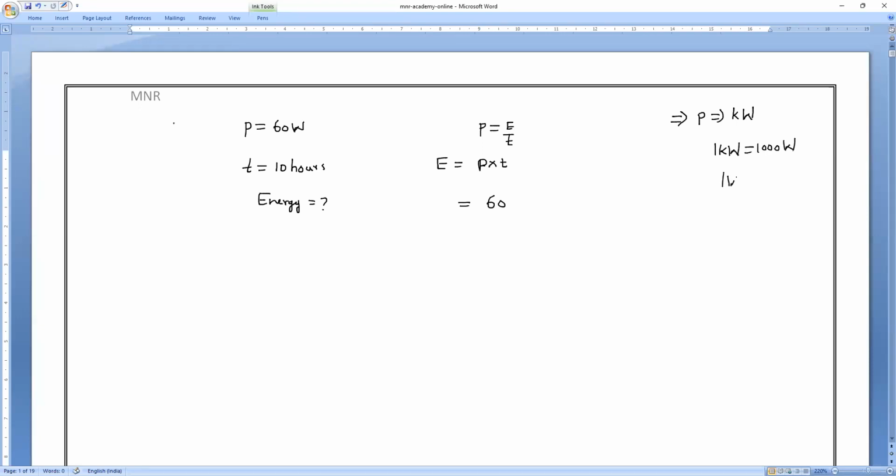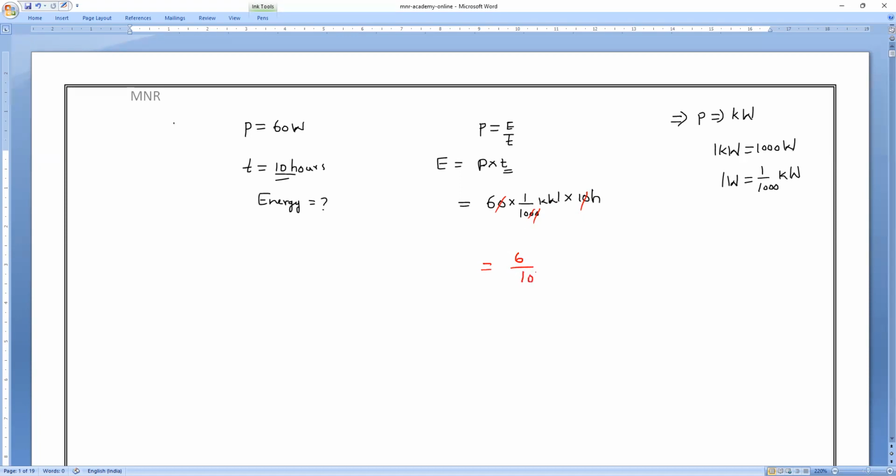And 1 watt is equal to how many kilowatts? Everybody? No issues. 1 by 1000 kilowatt. So 60 into 1 by 1000 kilowatt into time, which must be in hours. Time is already in hours, which is 10 hours. So now the zeros cancel, which equals 6 into 1,